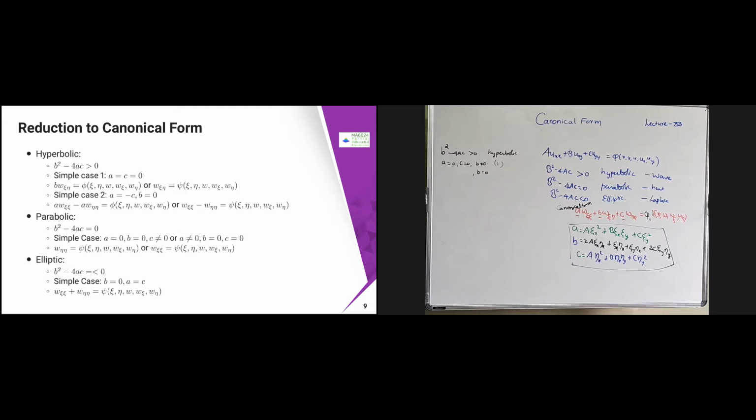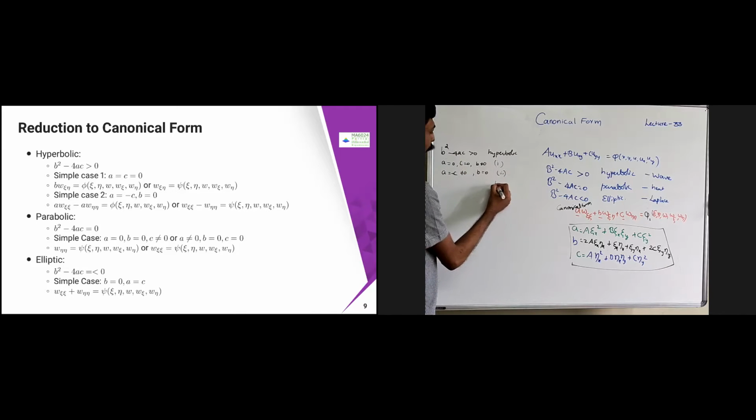I have to get this one to be positive, so I can put a equal to minus c. A and c are not equal to 0. A equal to minus c, not equal to 0. So in that case, this is the second case. Also you can see that this is 0. This is going to be plus 4a square. So that is going to be very positive.